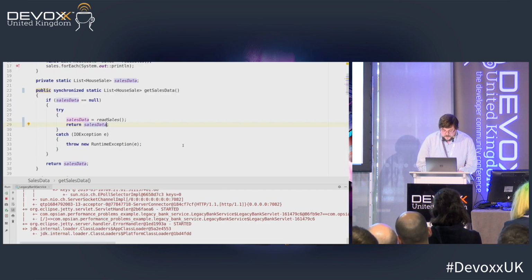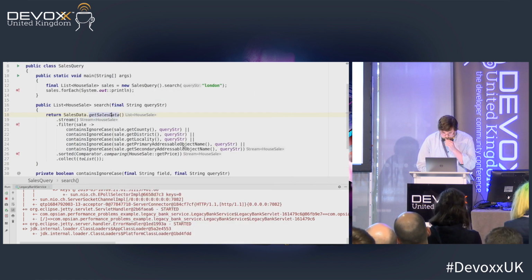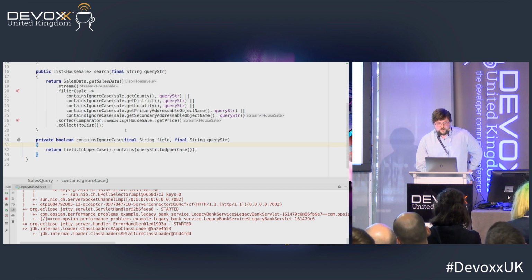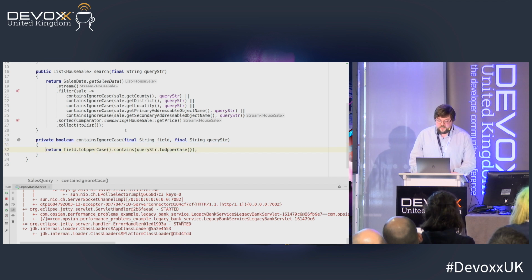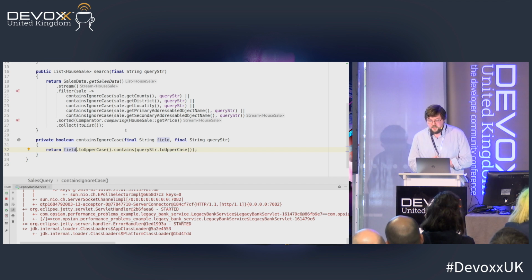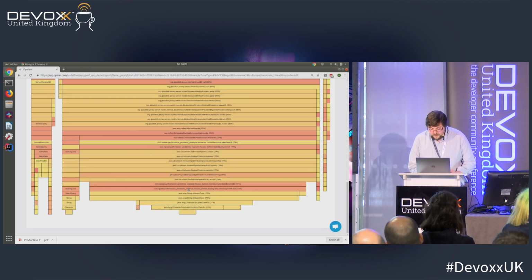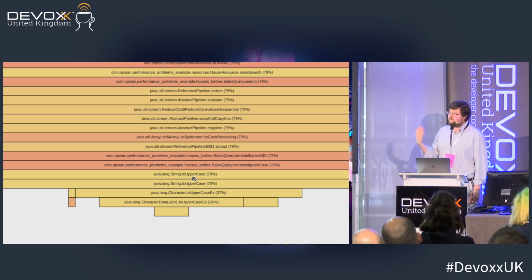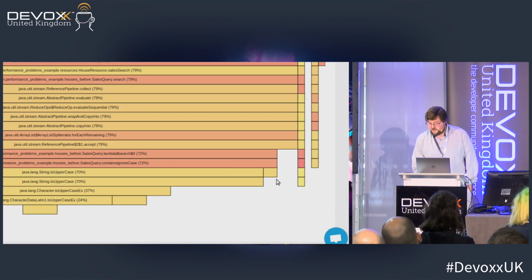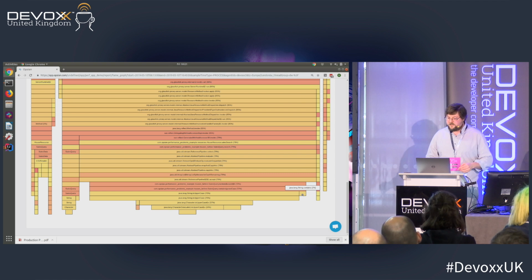So let's go back to that code and see what that is doing. Well, we've got our containsIgnoreCase method, and it takes the first field, makes it an uppercase string, and checks the second. The query string is uppercase as well, and it puts a contains within it. If we look at what our profiling data says, it's spending nearly all of its time making strings their uppercase versions